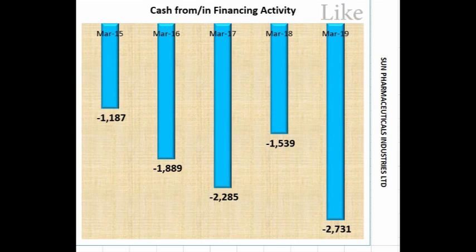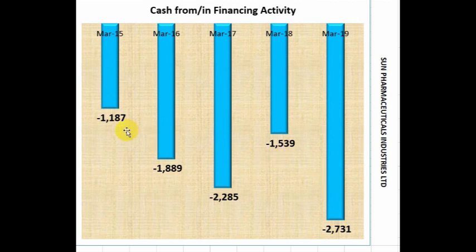So if the company is issuing shares, then it will receive money, so that will show a positive value. Whereas if the company is paying dividend or paying interest, then it will show negative. Negative means the money has gone out of the business in the financing activity. So here in almost all of the years, the company's position has always been in the negative, and this is